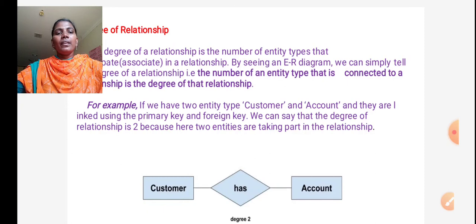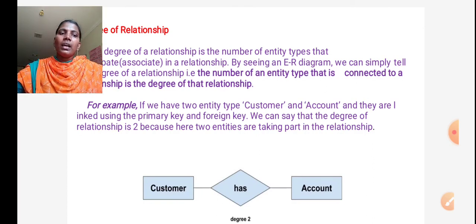If three entities are participated in a relation, the degree of the relationship is 3. So the number of entities participated in a relationship is called the degree of the relation.